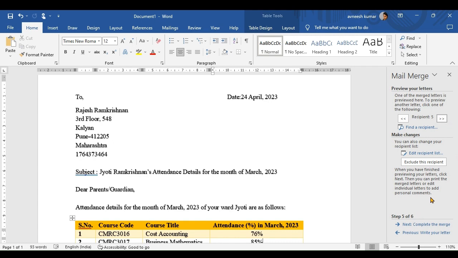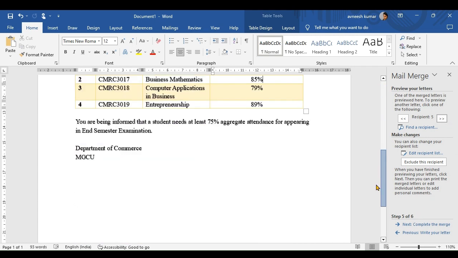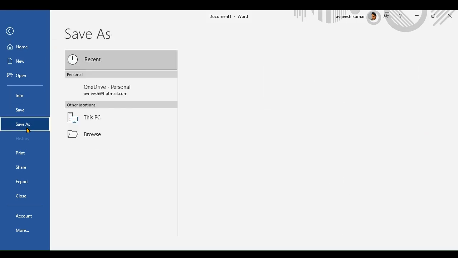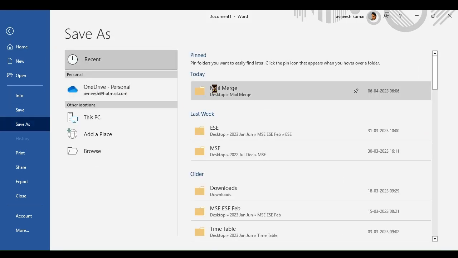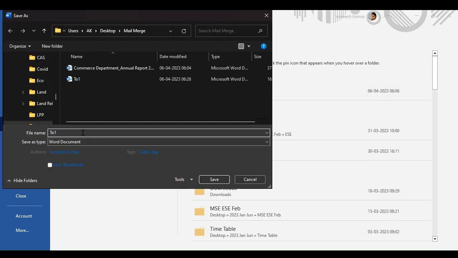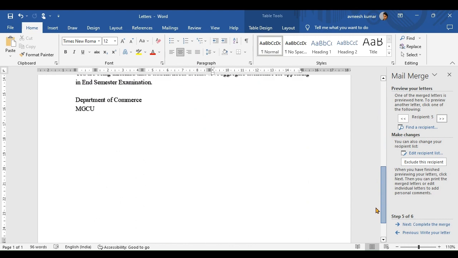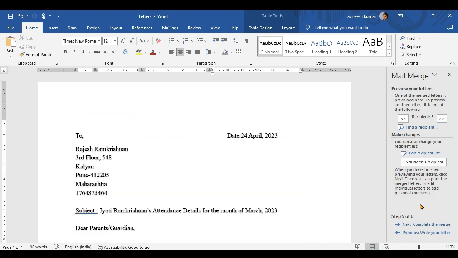So what we actually, at this stage, we can save this file as mail merge. Save this file as letters. Saved. So we have saved this file. So this is all the progress that we have. Our next step is